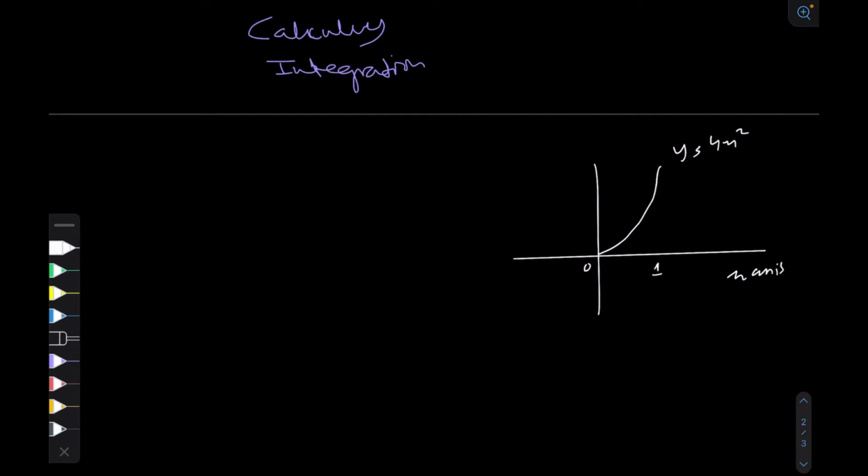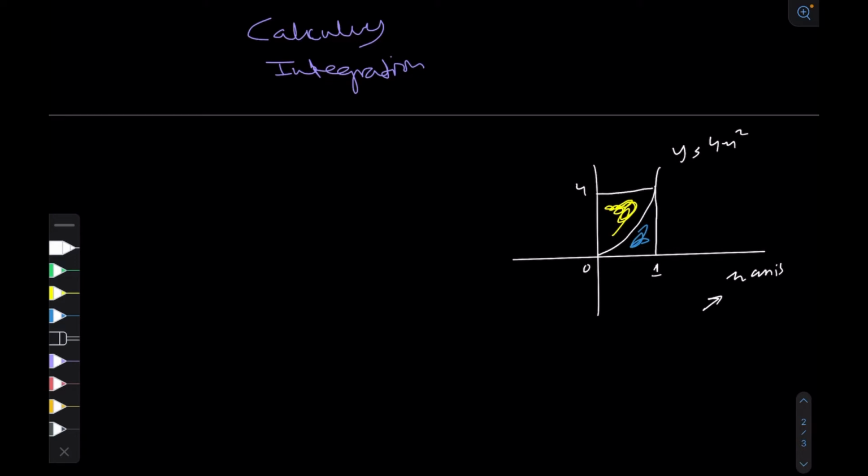So now let me change my question. When I plug in 1, the y value is 4. Now instead of this area, I want this area. So instead of wanting the area bounded by the x-axis, now I want the area bounded by the y-axis. Right, so the way you do this is that